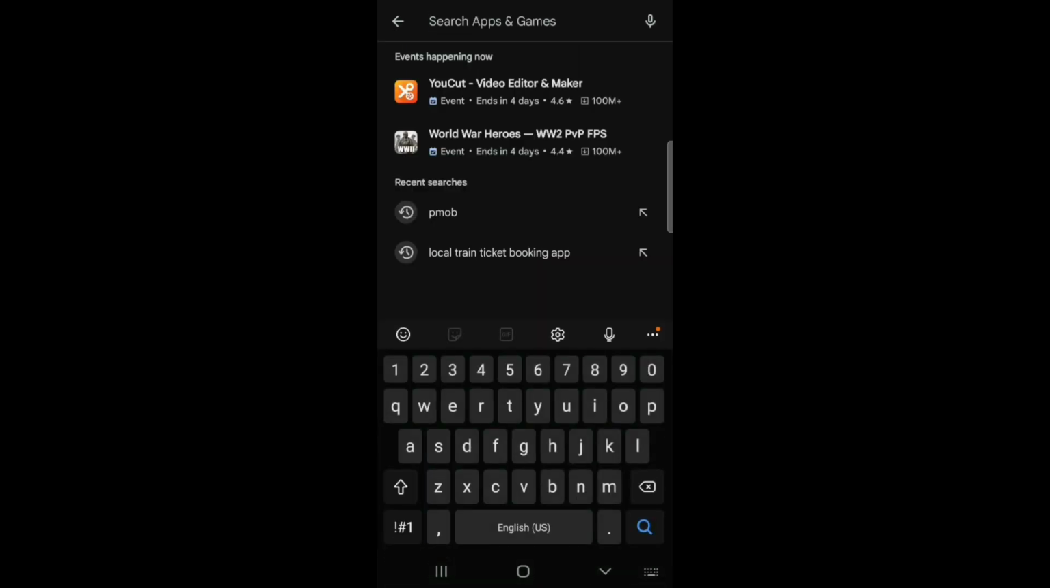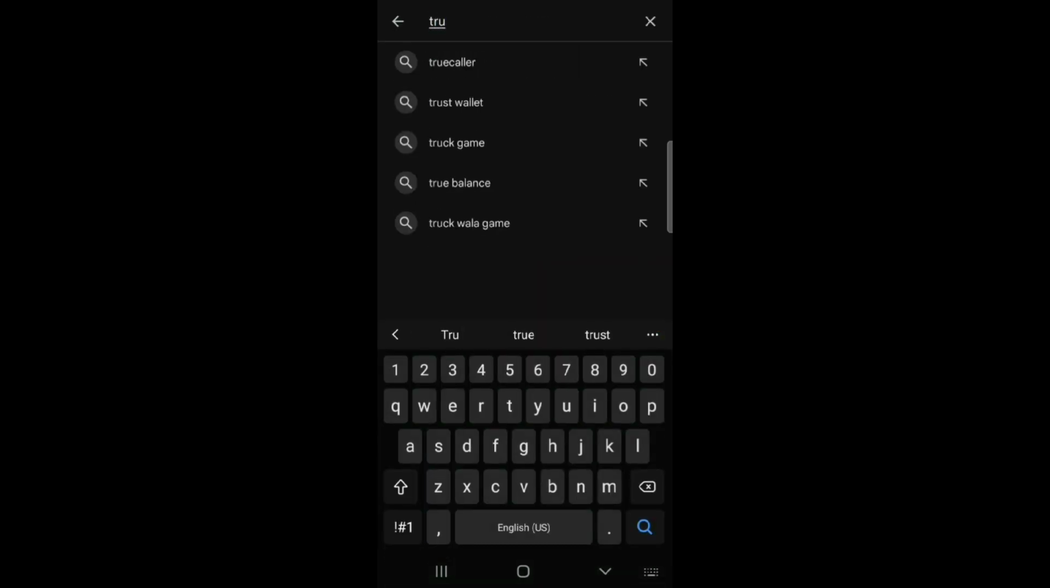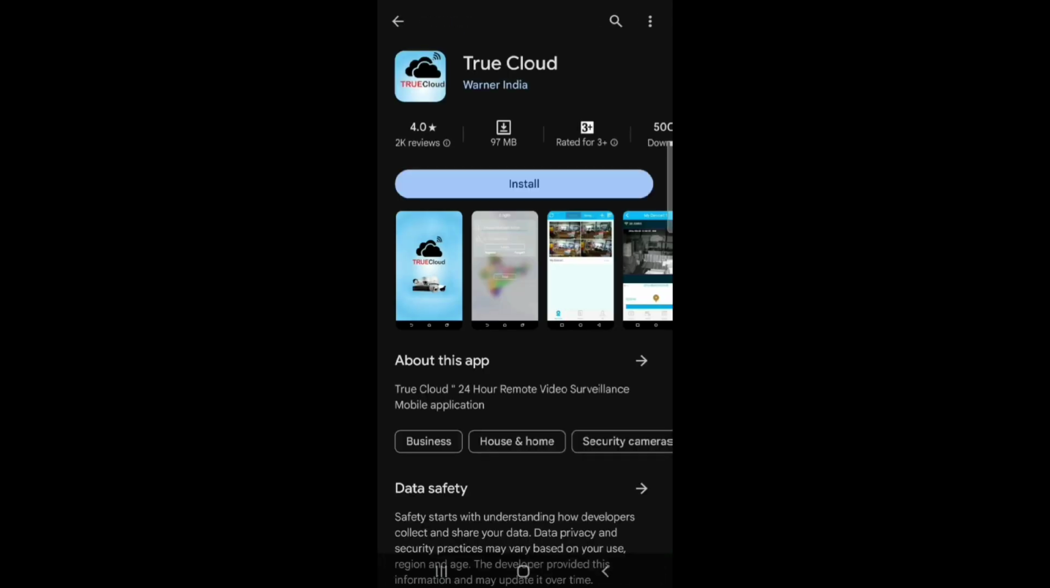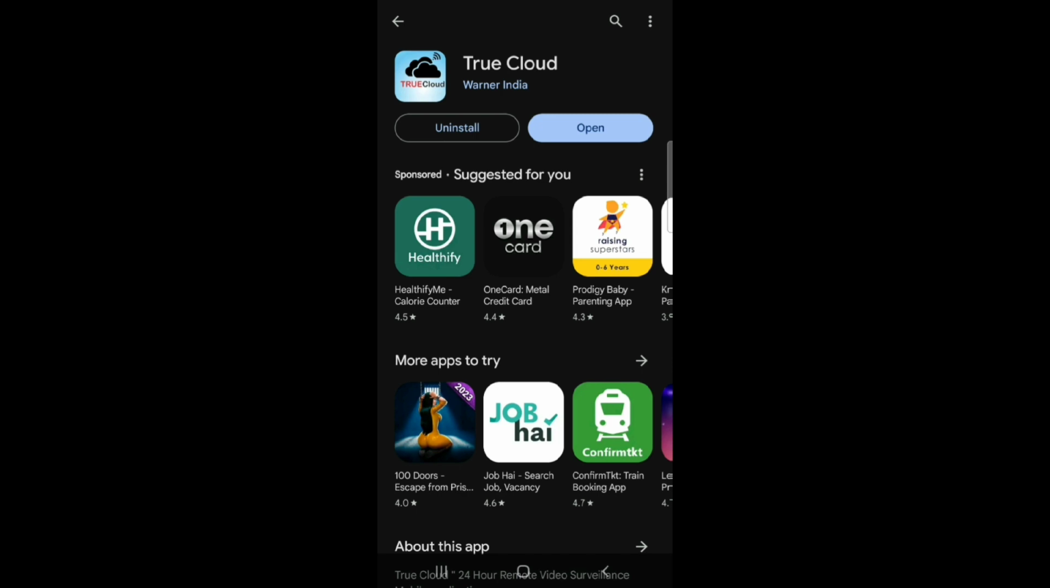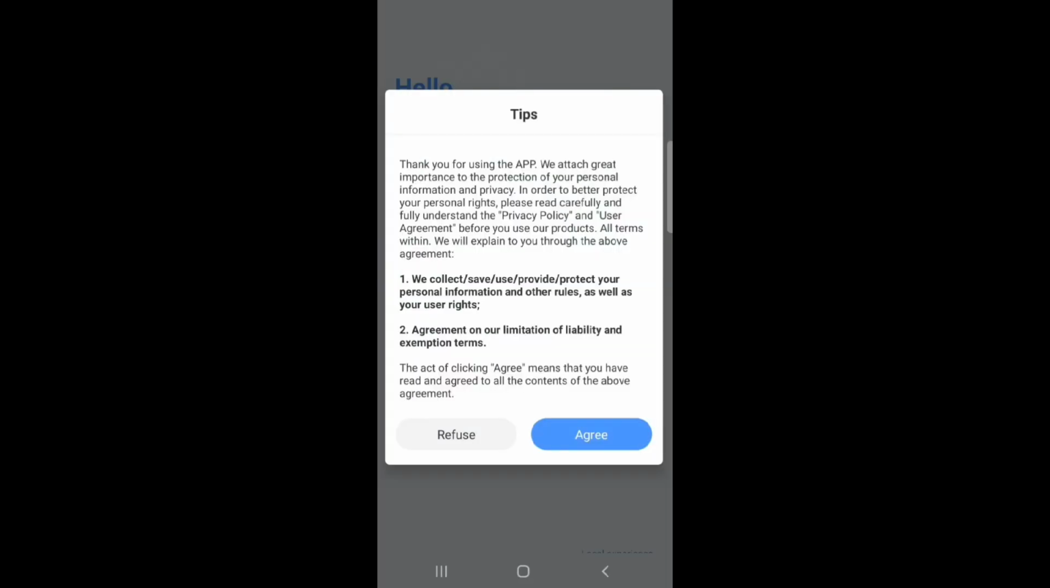Go to Play Store and search for TrueCloud app. For iOS and Android, same procedure. Install it. Once installation is done, open it, agree,